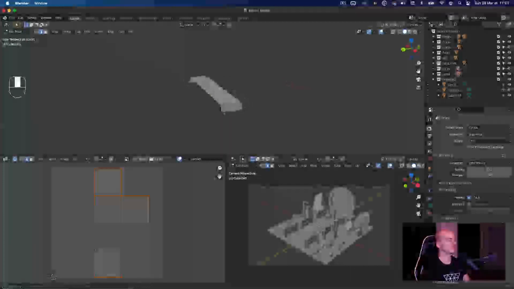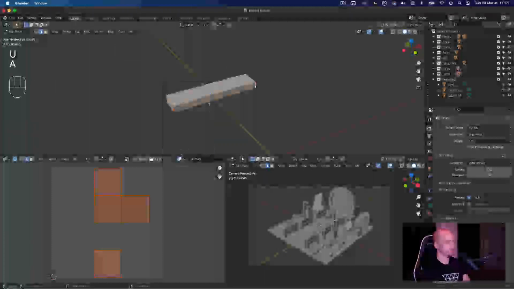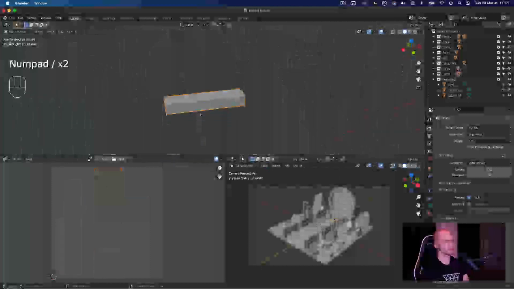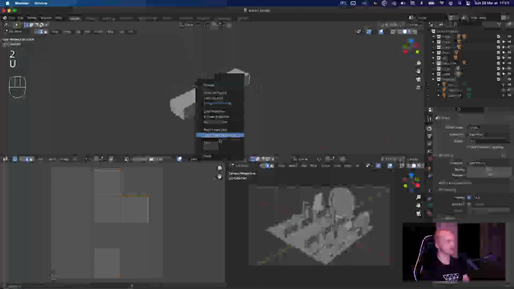It should be enough. You could have done this one and this one, but I prefer to do it here, like on the small edges. You create a seam, so you mark seam, and you unwrap it just to check if everything is fine. Yeah, this one is good. We can change to this one. Same process, it's exactly the same shape but different scale. Mark seam,